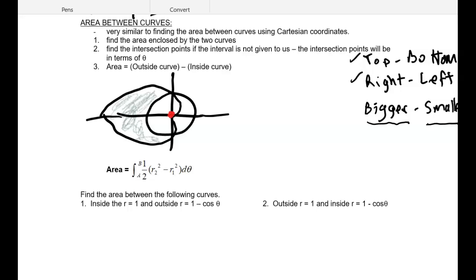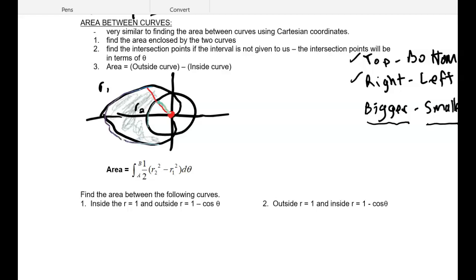So if I look in this direction, let's call this R1, and let's call this circle R2. It's pretty clear then that R1 is the bigger value than R2, because if I go to R2, I only have to go that far out. So bigger minus smaller in this instance would actually mean we're going to be doing this outer curve. So this one here is our bigger one,